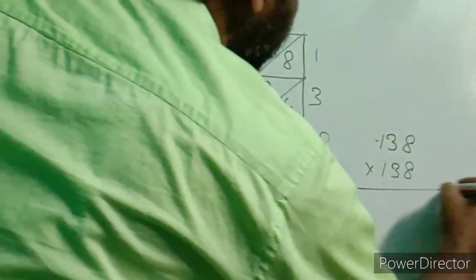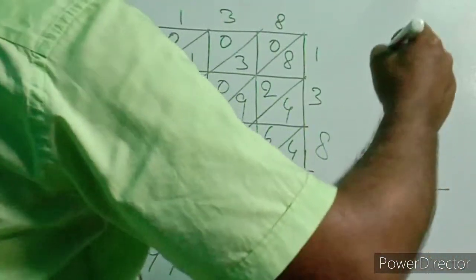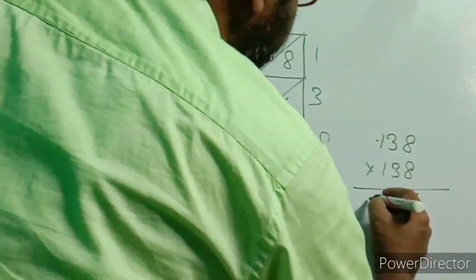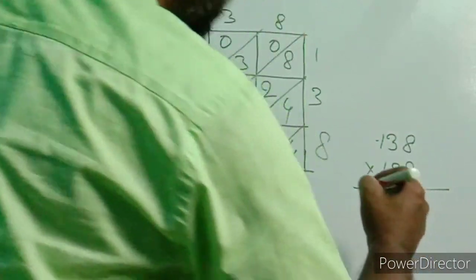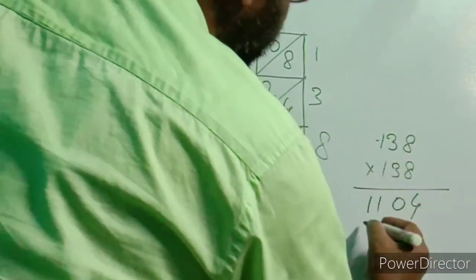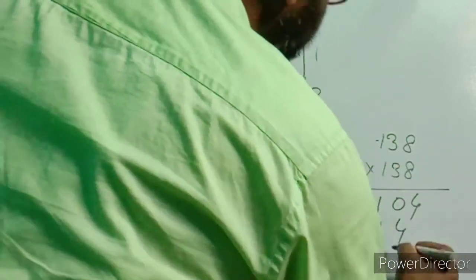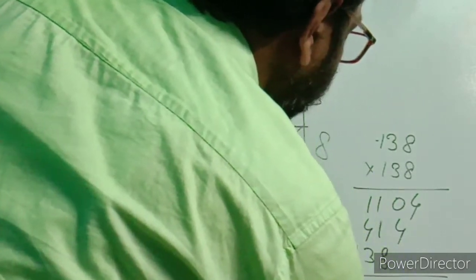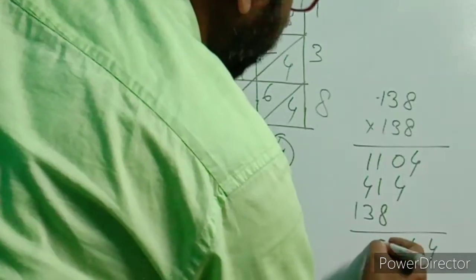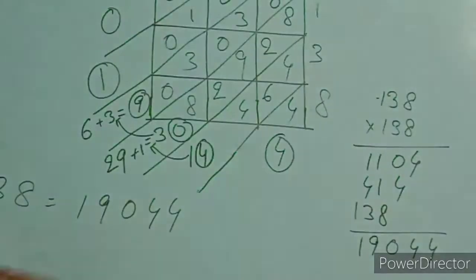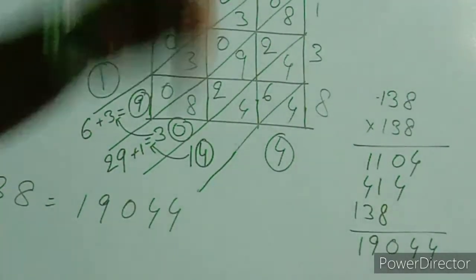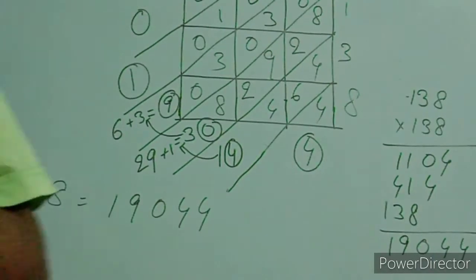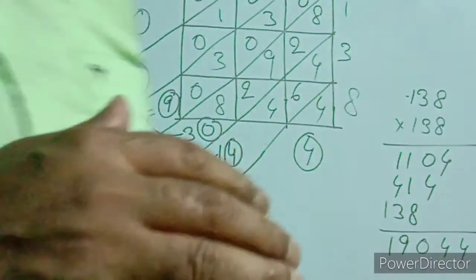By the simple method we see the multiplication to verify our answer. 138 into 138, 8 8 is 64, 6, 8 3 is 24 and 6, 30, 3, 8 1 is 8 and 3, 11, 3 8 is 24, 2 3 3 is 9 and 2, 11, 1, 3 1 is 3 and 1, 4, 1 8 is 8, 1 3 is 3, 1 1 is 1, 4, 4, 10, 4 3 7 1 8 1 9 and 1, 19044, 19044. This is the lattice multiplication method to get the square of the given number.